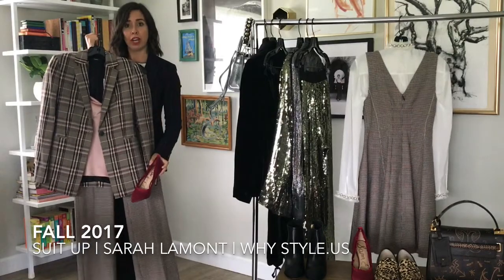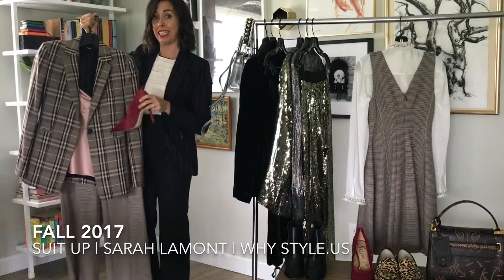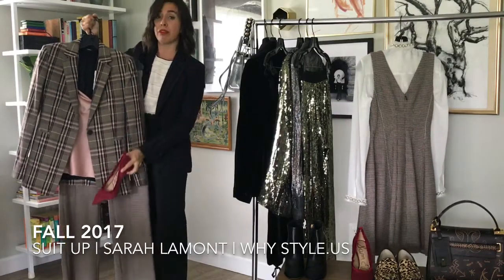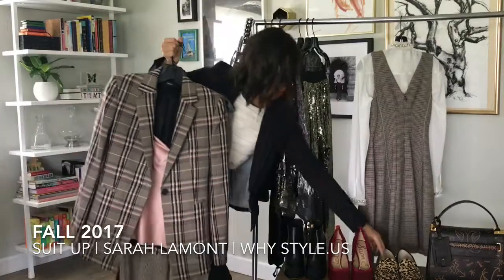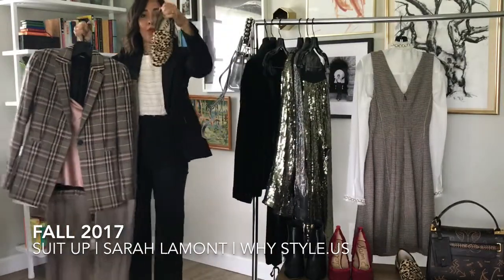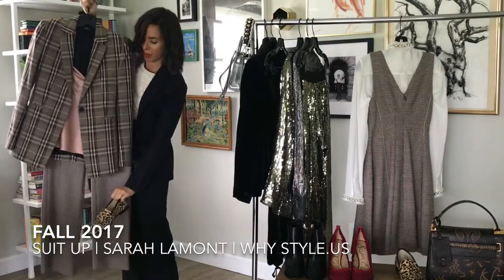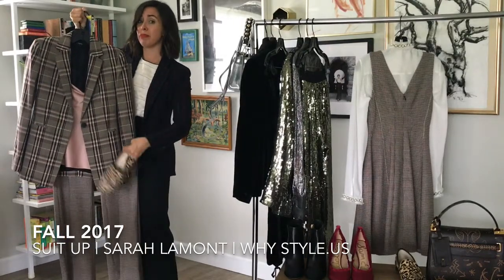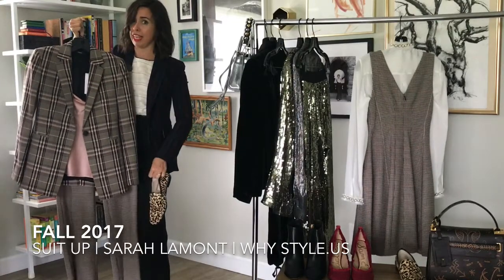If you're short like me and wanna have height, this pump would be great for you. It would also balance out the masculinity of all the patterns in this and bring some more sex appeal to the outfit. Or if you're really on the run and need to be in flats, this leopard print would really pop. And because the leopard is so loud, by putting it on the bottom, so where it's not really competing with your face and with all this pattern, it's gonna give you a really modern look without being that scary,